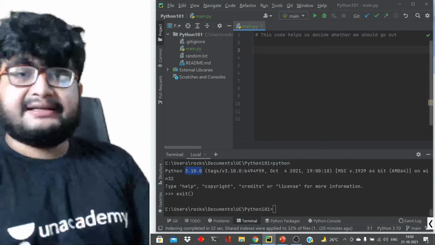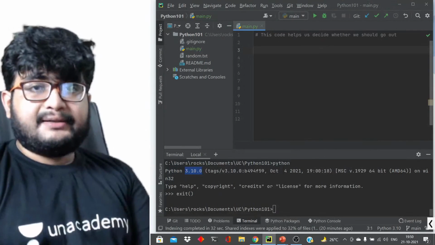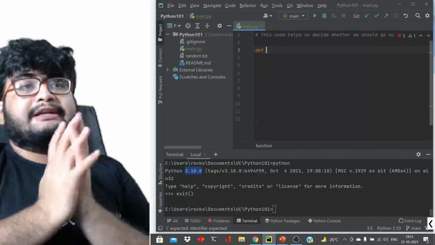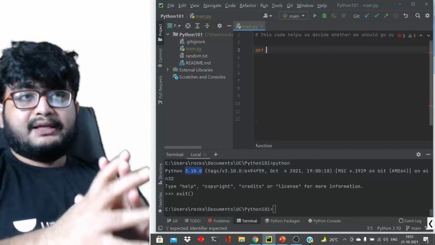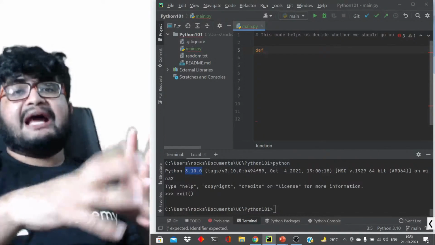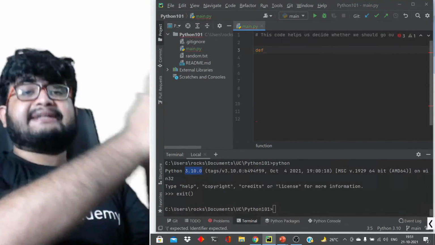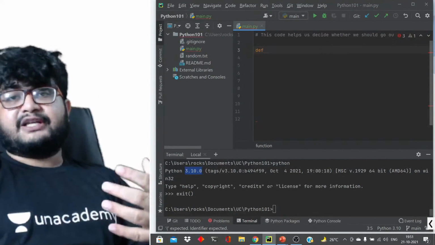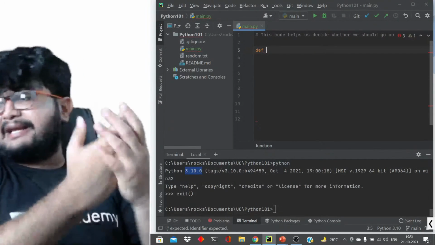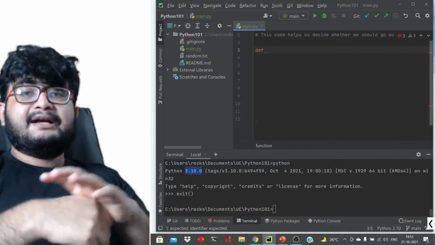So let's actually see how to write functions in Python. Now, to write functions in Python, you have to use the def keyword. Def tells that this is a function. Now each function will have a name, because when you call the function, how would you call it? Let's say there are 10 functions. How would you call each function? There should be a way to identify which function you are calling. That is the name of the function.